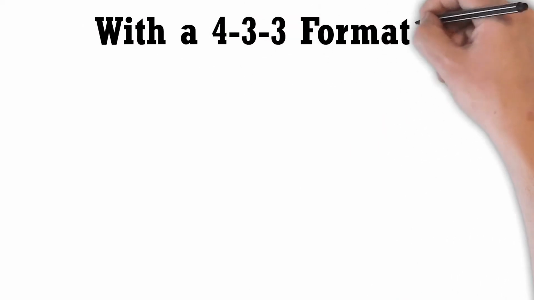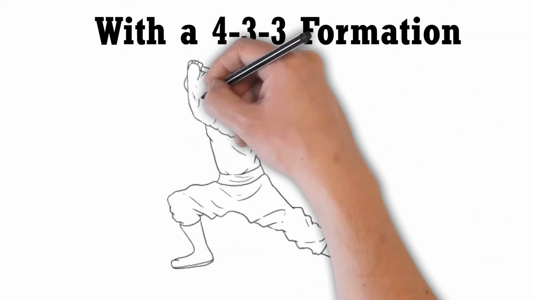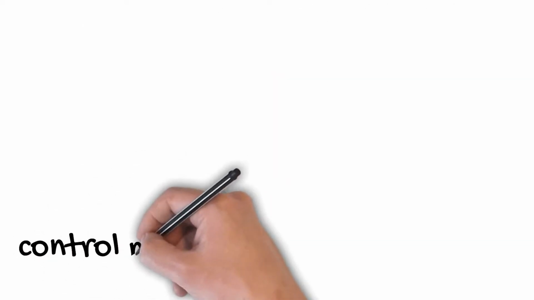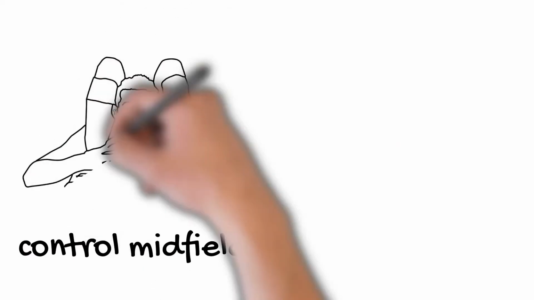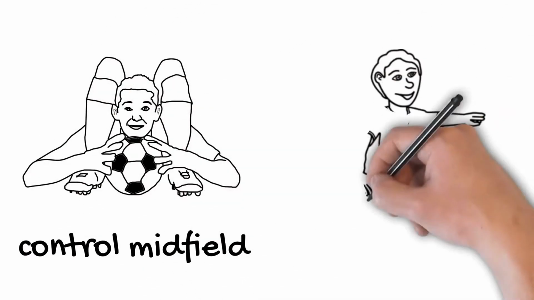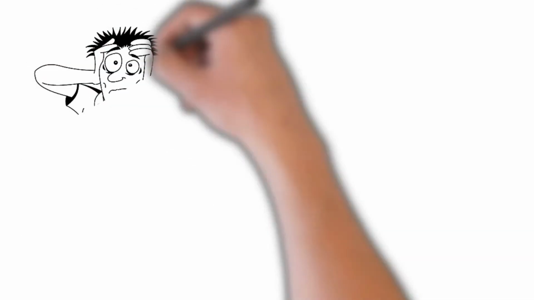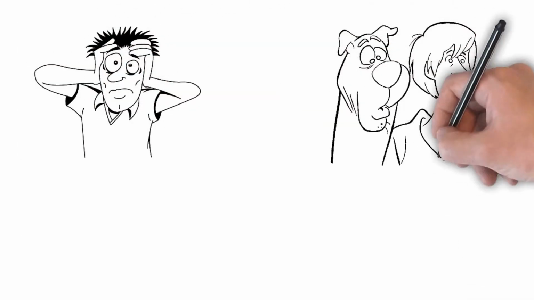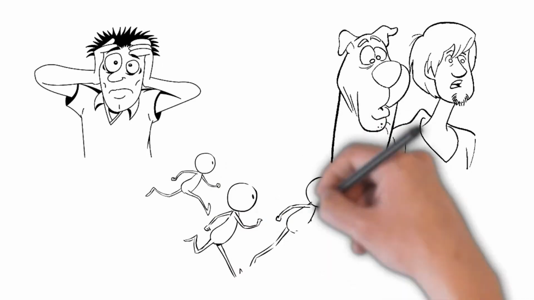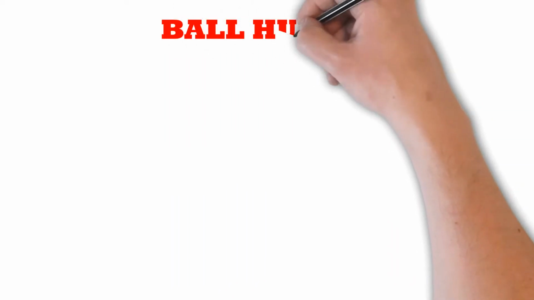With a 4-3-3 formation, you are guaranteed an attacking outlook right from the start, by controlling the midfield and taking advantage of the flexibility that the lineup gives the team's forwards. The 4-3-3 can overwhelm, confuse, and force the opposition back towards their goal. It is a high-pressure, ball-hungry philosophy.